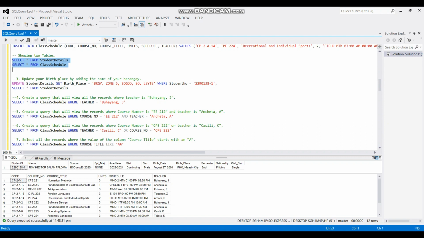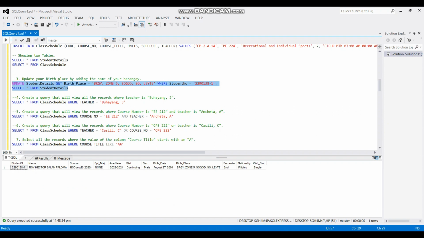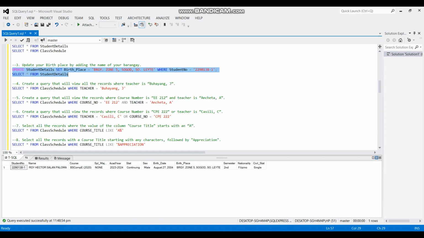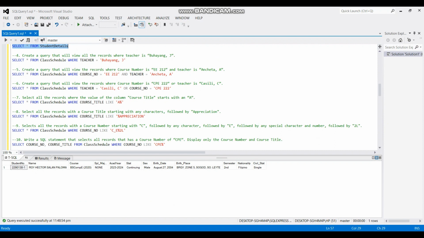As we update it and select from student details, it will display all the details. In table 1, as you can see, it has been updated. Then for number 4, create a query that will view all the records where Buhayang J